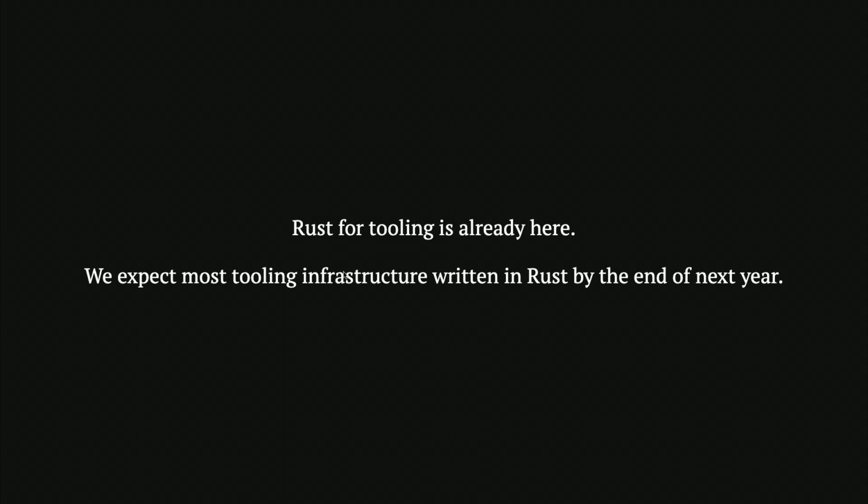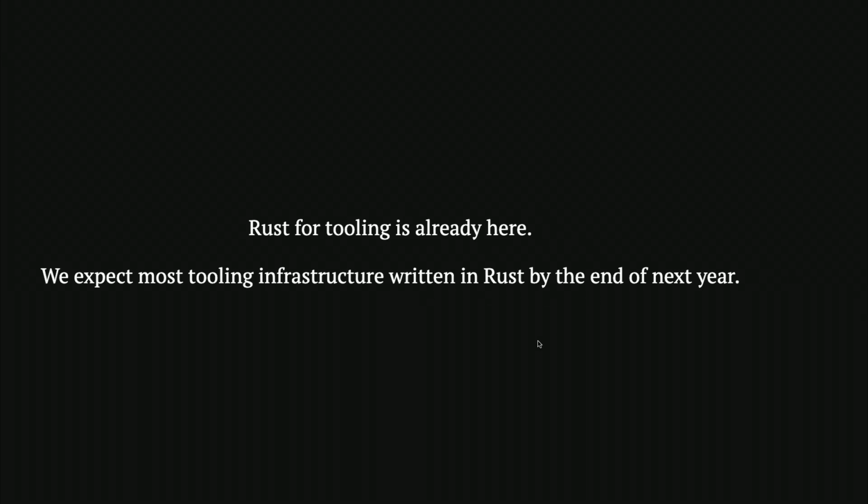And we expect most tooling infrastructure to be written in Rust by the end of next year. And JavaScript for web development will stay. Vue will stay. Vite will stay because JavaScript still offers you the ability to make your development faster, and the plugin problem in Rust